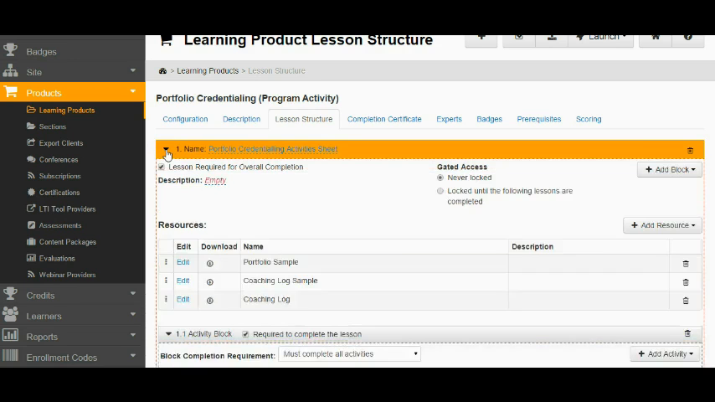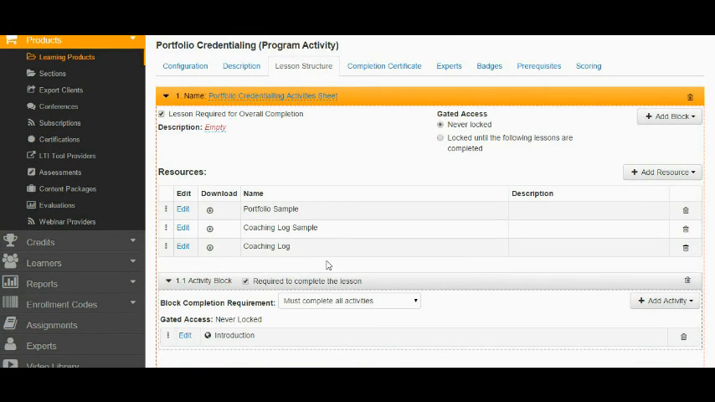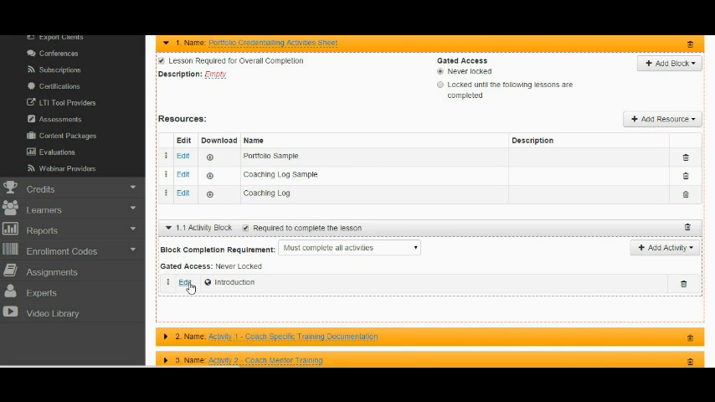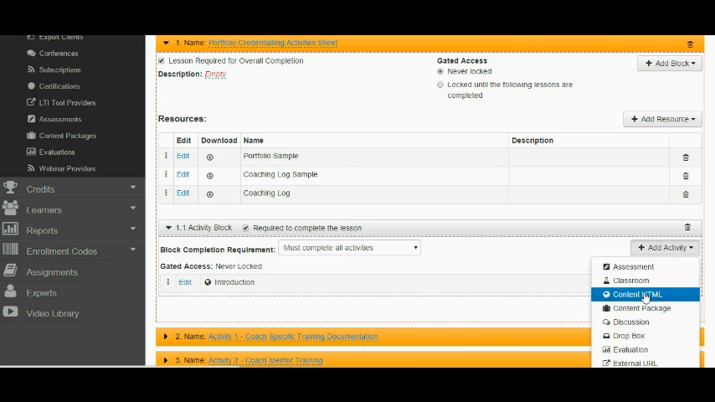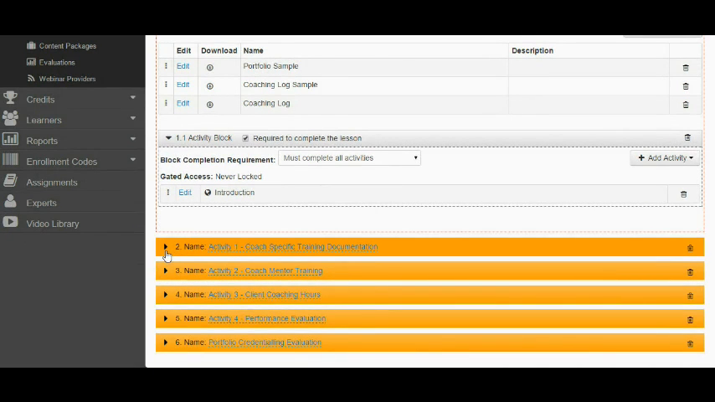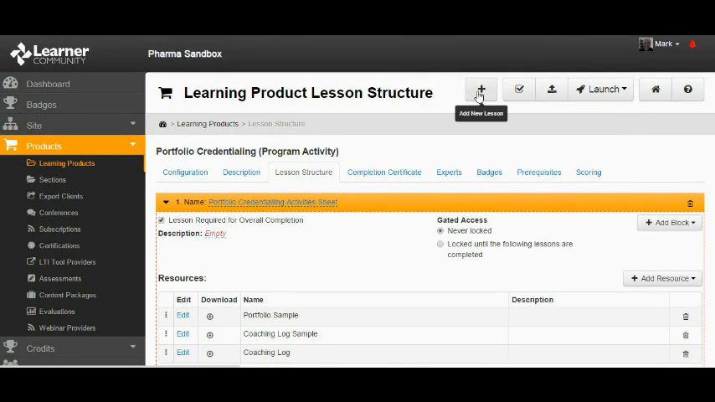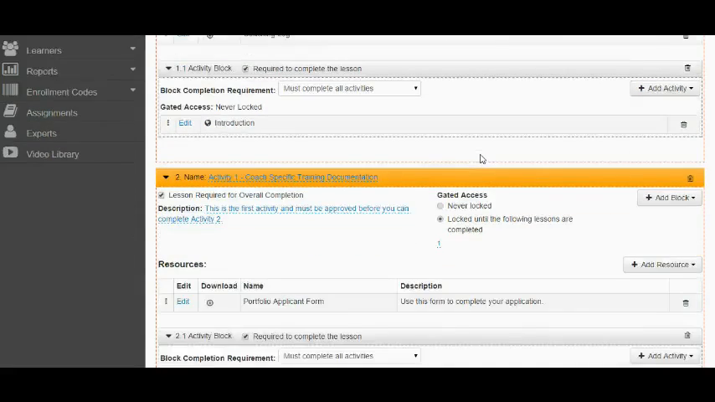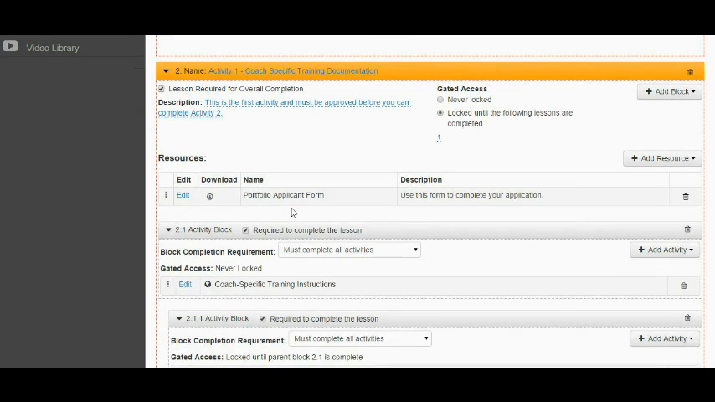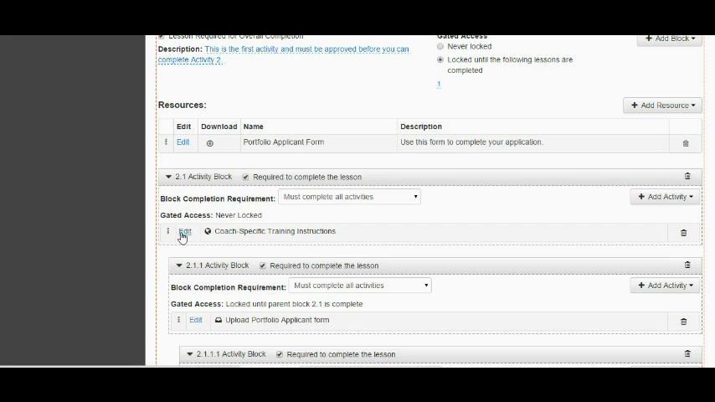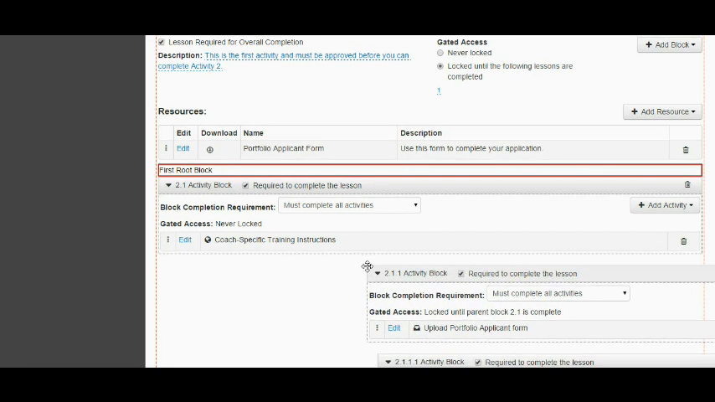Alright, so the first, if we look at it, there's our resources, and then we simply created an introduction using an HTML activity. Alright, so it's just a content activity introduction to the program. That was followed by another lesson. If you remember, you come up here to add a new lesson. And then this lesson has an application form, then instructions,